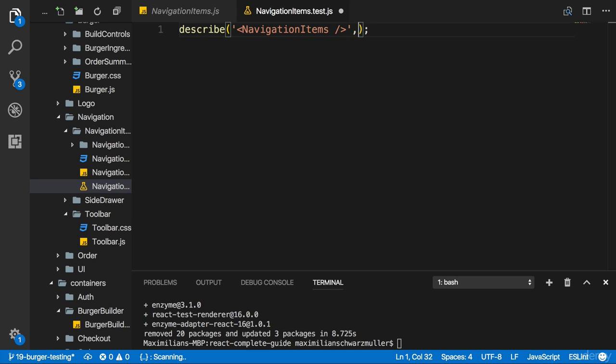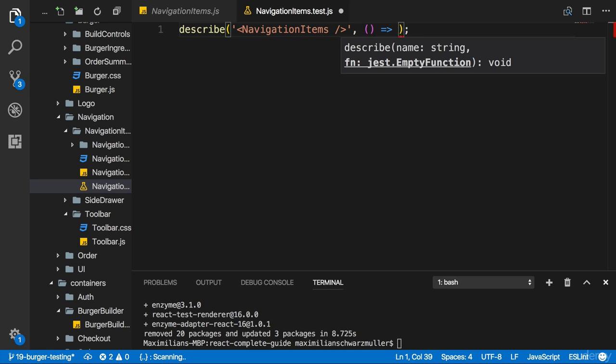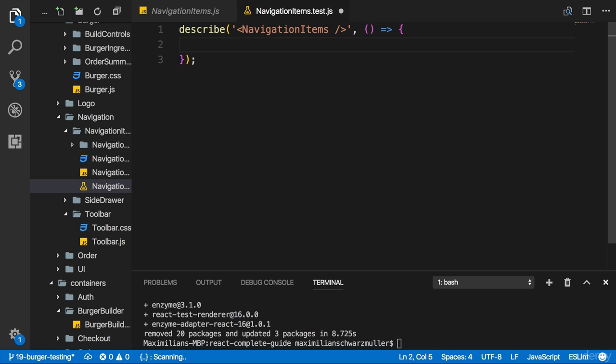The more interesting part comes in the second argument. That is your testing function. It's a normal JavaScript function, and I'll use an ES6 arrow function here. In here, you're going to write your actual tests. Now to do that, you write a test by writing it. That's another function which will just be available. It allows you to write one individual test.